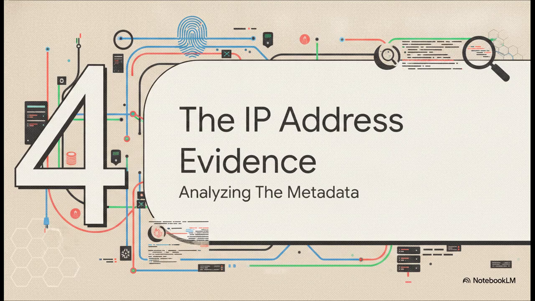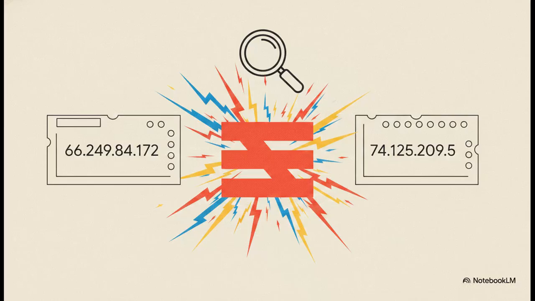Let's look at Section 4, The IP address evidence, analyzing the metadata. This is honestly the most compelling part of our explainer today. We're looking at the hard metadata left at the scene, and this is where things take a really fascinating turn. Okay, here's our smoking gun. We have a direct mismatch between two IP addresses logged by the system. The log is explicitly pointing out this discrepancy, showing that